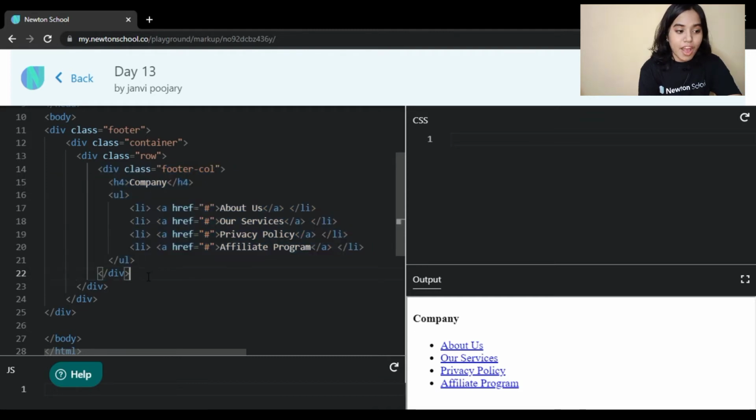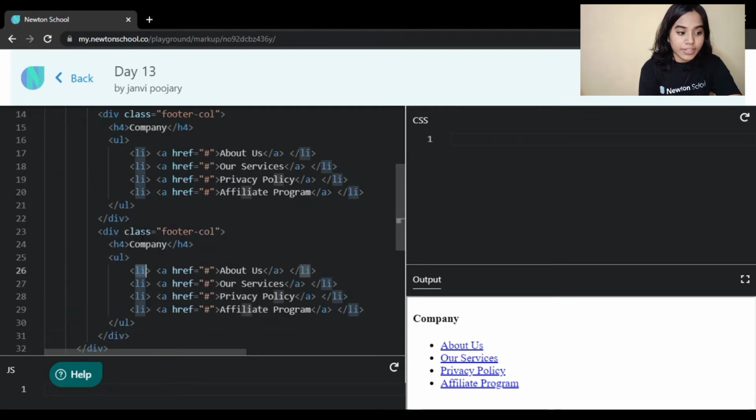Now my friends, after doing that, I will select the whole footer column section, copy it and paste it again, and there we will have our get help option.